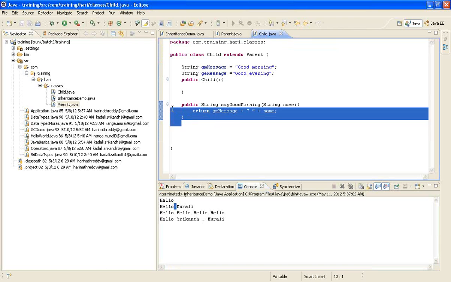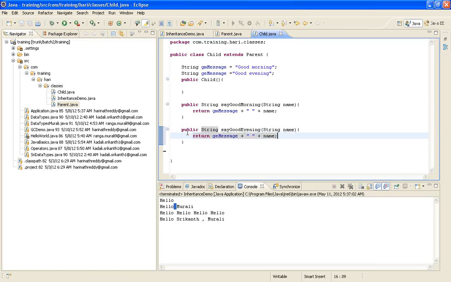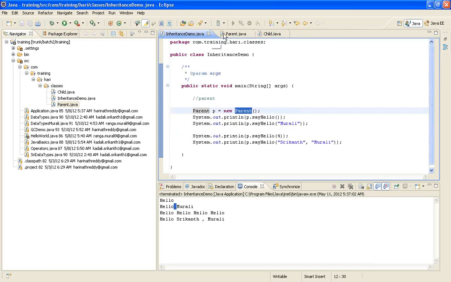Right. Now I also write another method, public string sayGoodEvening, with name, and I write, sorry, return G message plus name. Perfect. Now the fun of inheritance is that